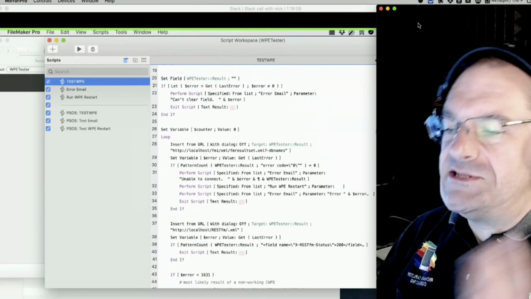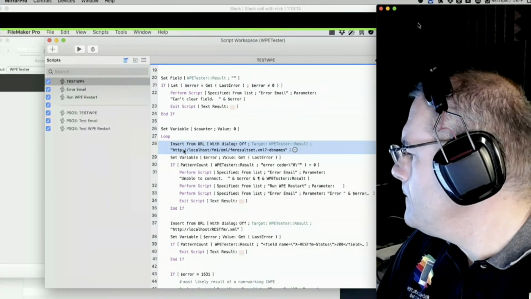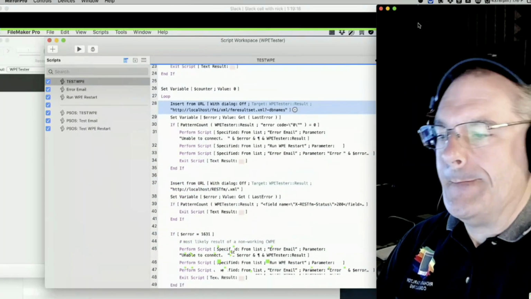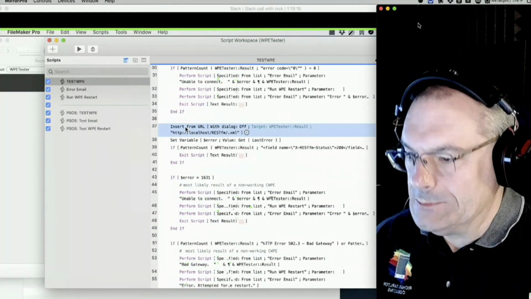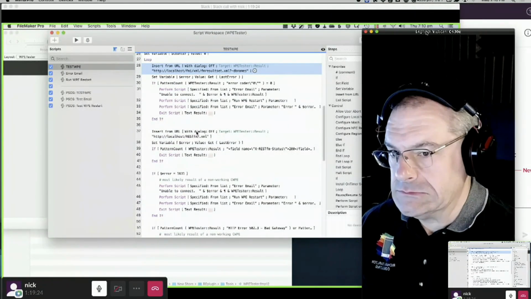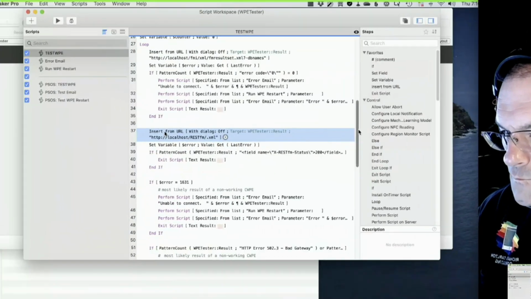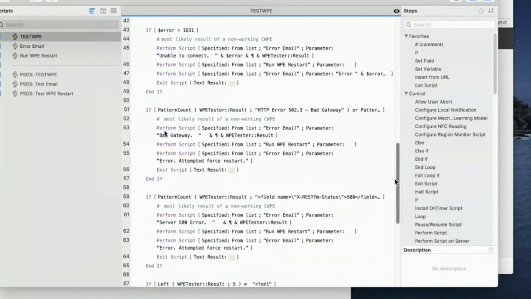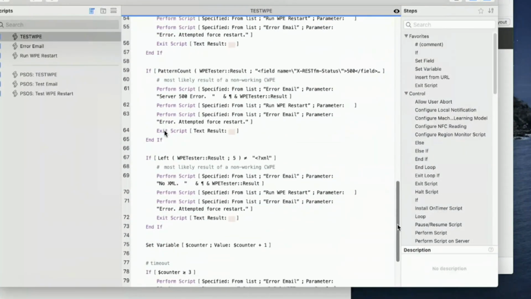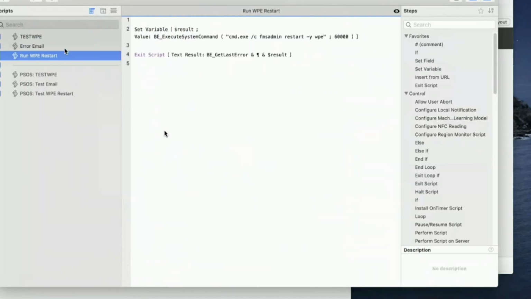So you're running it with SASS. Okay, got it. And so it's just doing Insert from URL. And there's a couple of different things here. There's a generic one to test the XML API, which is a good way to see whether custom web publishing is running at all. This is REST-FM, which is just another web service thing that we wrote, so it's doing that as well. And then it's just interpreting various different options of what it gets back, saying, did it work, does this work. If it finds an error, it can send you an email,